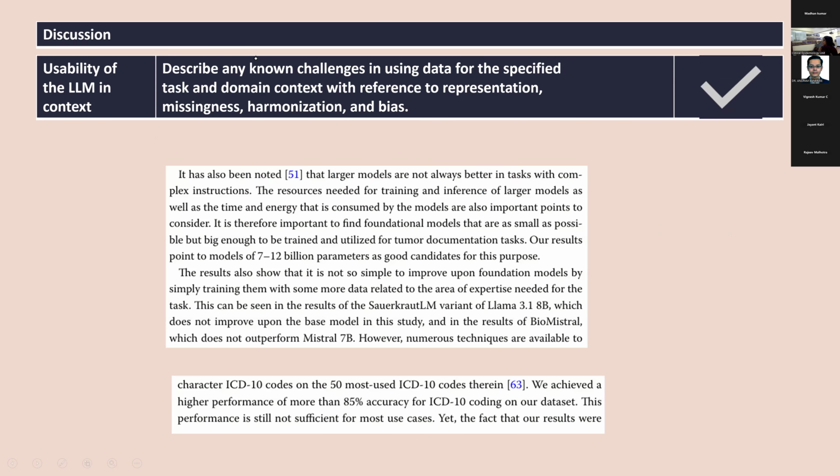So, usability of LLM in context: describe any known challenges in using the data for the specified task and domain context, with reference to representation, missingness, harmonization, and bias. They have noted that 7 to 12 billion parameter models are good for training and inference of the large models. They also noted this requires more fine tuning to perform the characters. And regarding assigning ICD codes, they achieved a higher performance of around 85% accuracy, which they felt is still not sufficient for use in the